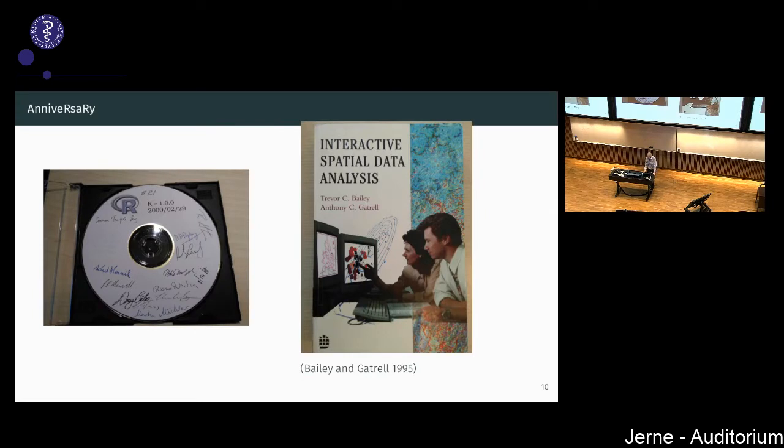What I was teaching was using a book by Bailey and Gatrell, which had a diskette. So there was their own produced software on a diskette, which couldn't be run under Windows. It could only be run under DOS, because it had its own graphics interface. So we got a bit stuck when the university computer lab that we were using in our department went over to using Windows, because we couldn't use the software that we had been using previously.